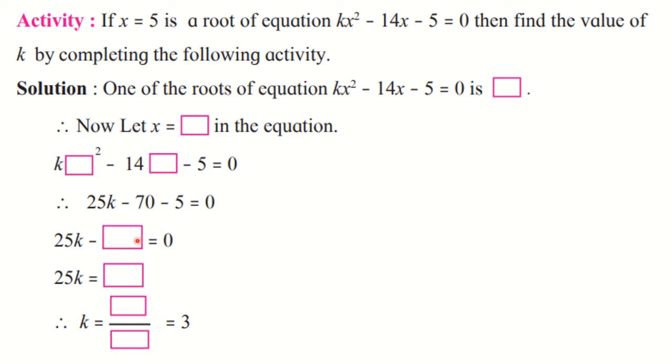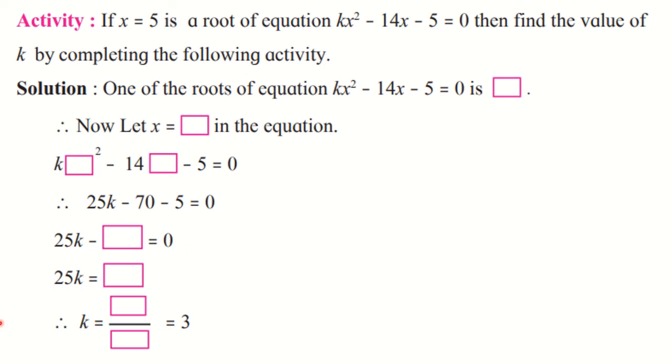So such activity is asked often. But they are skipping certain steps, like they will not give you this step. They might ask directly for this. So they are going to give only 4 boxes so that they can give half marks to each box. Okay, I hope you must have completed it, and always keep in mind that such type of question is often asked in the exams. If you refer to the previous year's question paper, you will find that the same type of questions are appearing every year. Okay.